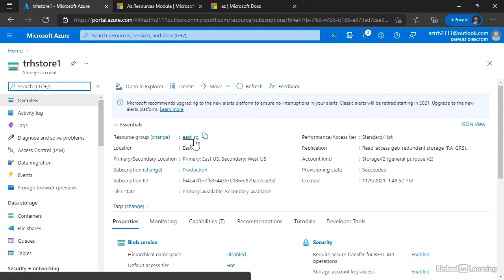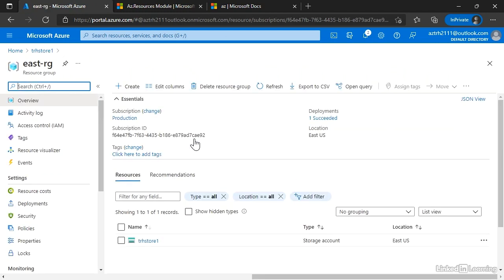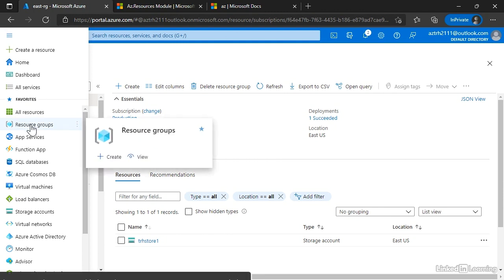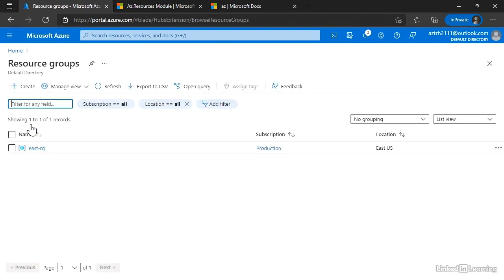So this hierarchy is linked throughout the portal, and you can use that to your advantage as you're navigating and looking around. So if I click on the resource group, I can see all the resources that belong to that resource group and manage them as a group if I want to. On the menu, there's also just a list of all resource groups if you want to view things this way. So as we'll see later in this lesson,